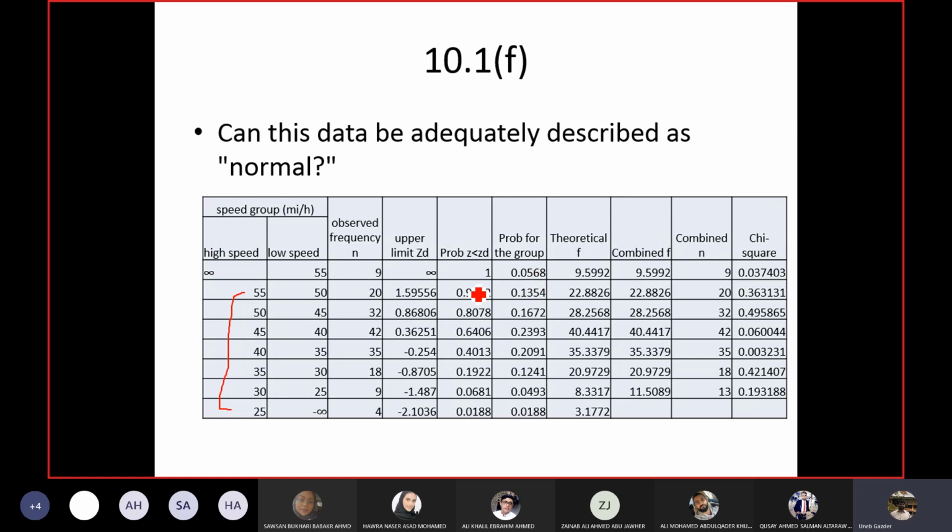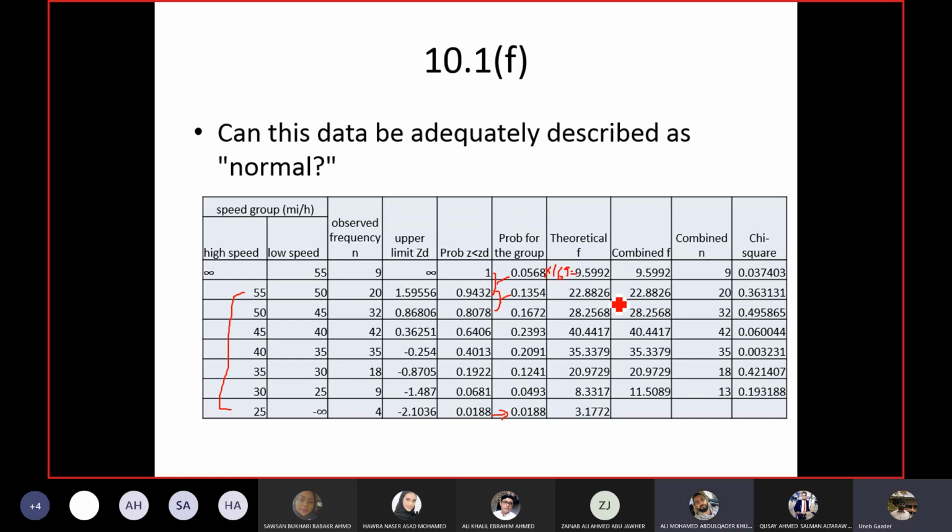Then you need the probability of each group, so you do the subtraction. You take the difference of these two values, you get this one, take the difference of these two values, you get this one, and so on. You can see the last value is repeated, as there's nothing to take the difference with. Then you take the probability of each group and multiply it by the number of values, which was 169. This column will be multiplied by 169 to get the F values. Then you have to check that the F value should be what? What was the check? F value should be how much? Minimum?